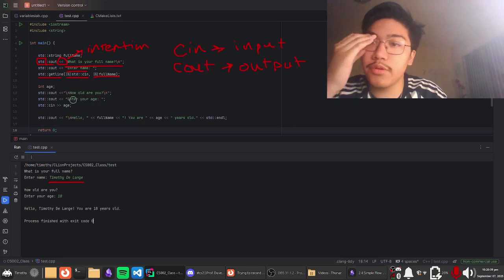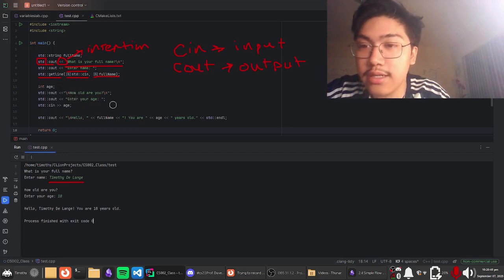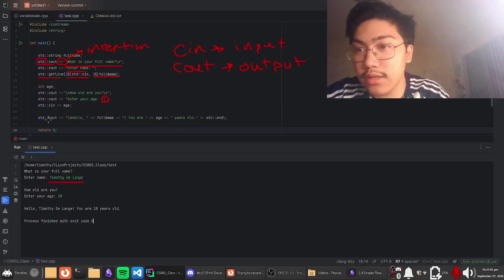The second part of the program, I initialize an integer variable called age, and then I proceed to print out how old are you. Second line, I ask to enter your age, and then for each line of code, I always end the C++ line of code with a semicolon. And then the difference with cin and cout is that instead of using less than symbols, we use greater than symbols, and this is called the